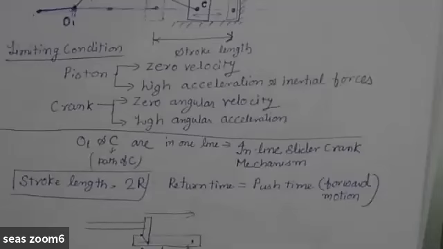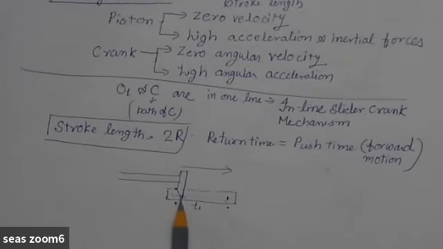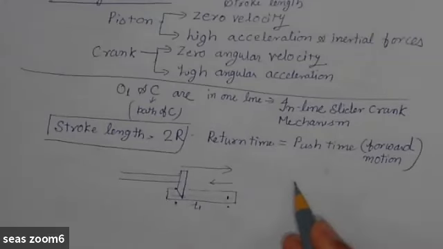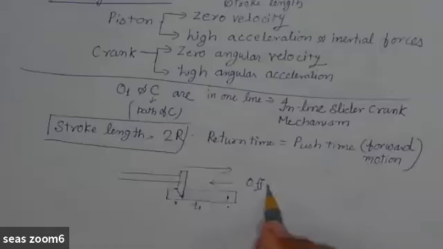लेकिन रिटर्न मोशन में क्या है, ये कोई मटेरियल तो रिमूव नहीं कर रहा है, तो हमको क्या चाहिए कि ये जो रिटर्न मोशन हो वो बहुत ही क्विक हो, ताकि हमारा टाइम बच जाए। अगर वो यहाँ से यहाँ आने में कम टाइम ले रहा है, तो इसका मतलब है कि हमारा सिस्टम ज़्यादा यूजफुल है ना। तो इस तरह का सिस्टम इनलाइन स्लाइडर क्रैंक मैकेनिज्म में पॉसिबल नहीं है, और इसलिए ऑफसेट स्लाइडर मैकेनिज्म को डिफाइन किया गया। तो ऑफसेट स्लाइडर क्रैंक मैकेनिज्म में क्या होता है कि अगर हम यहाँ से यहाँ जाए और जो रिटर्न स्ट्रोक हो, मतलब यहाँ से यहाँ है, वो उससे छोटा हो, तो forward stroke is larger than return stroke, and that kind of mechanism is more efficient, and we will discuss in the next class what is offset slider crank mechanism.